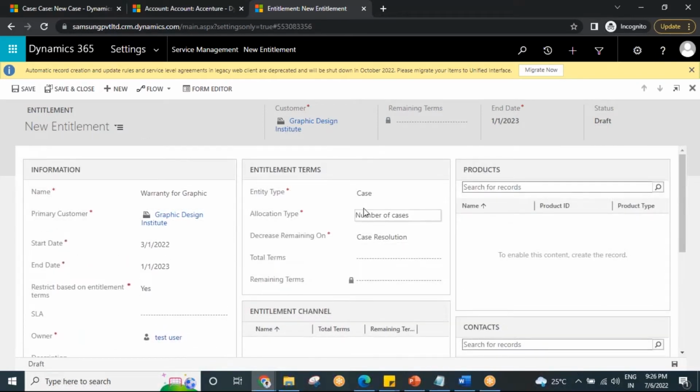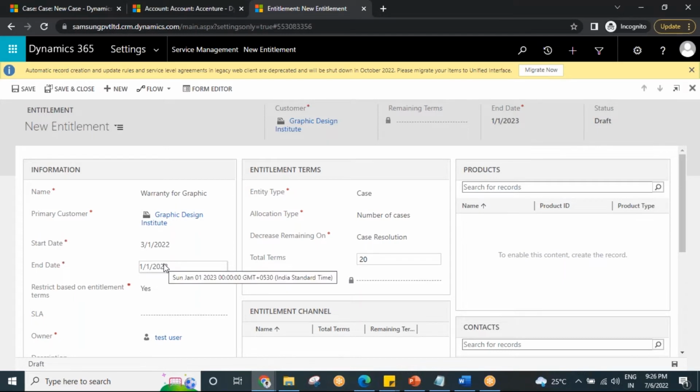Here I'm telling this customer, boss, whenever you raise any complaint within 1 year, you can raise only 20 complaints. Every week you cannot raise a complaint. We only accept 20 complaints, even though it is in a warranty state, right? If every day you call customer care and register a complaint, they don't allow that. So that's why they are restricting here, like only 20 complaints can be raised from your side